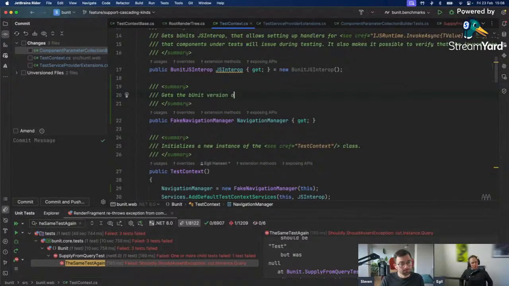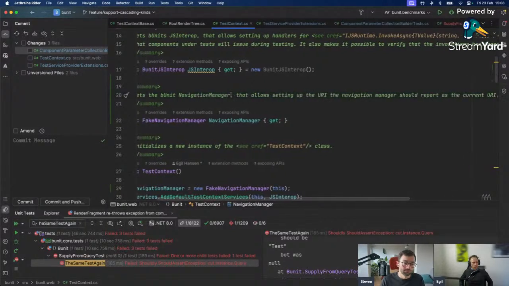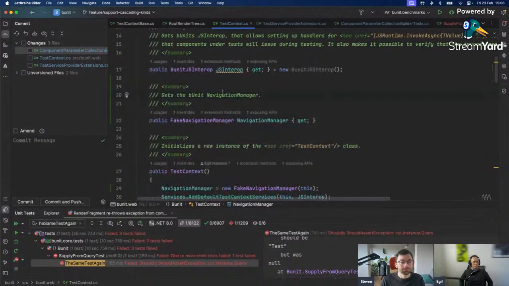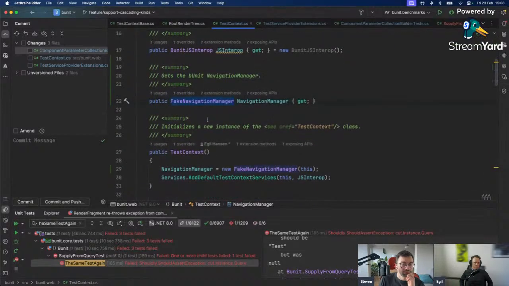What we have now is that everybody who's currently pulling out navigation manager using get required service or get service from the service collection will still get the same instance as we have here. Yeah, I do like it. But instead of doing this and having all of this breaking change thing, we could simply have an extension method on test context that has the name of